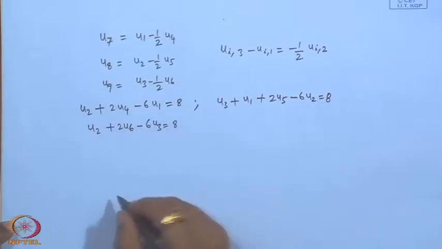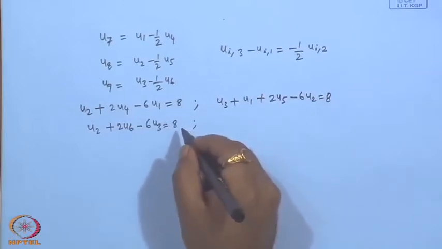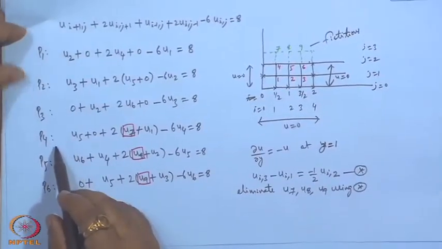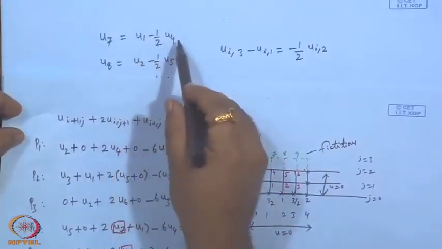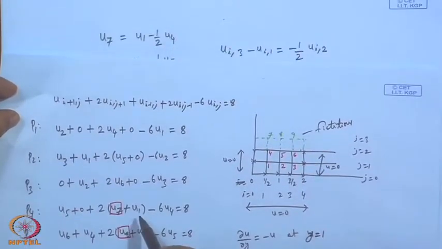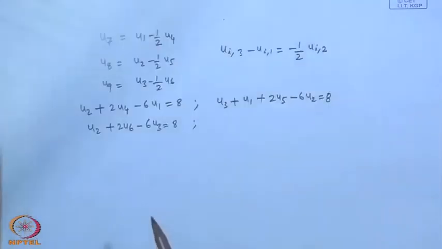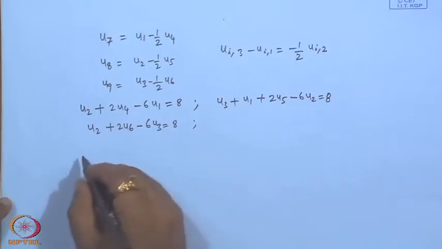Sorry, this is 8. Then we have to start eliminating from the equation P 4. So, u 7, okay, and u 7 is this. So, we eliminate each one, okay. So, then simplify, okay. So, when we do that, we get